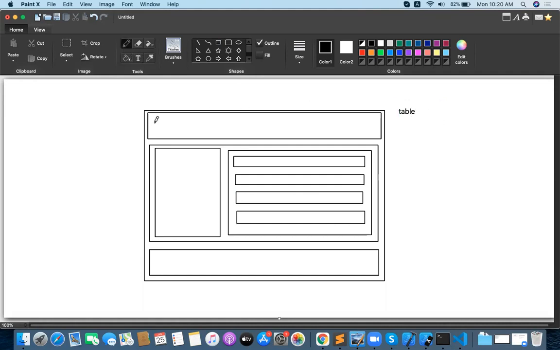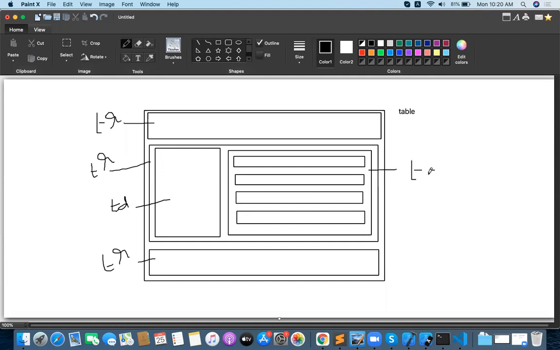This is the first tr, this is the second tr, and this is the third tr. In the center tr, we take two columns. This is the first td, and this one is the second td.